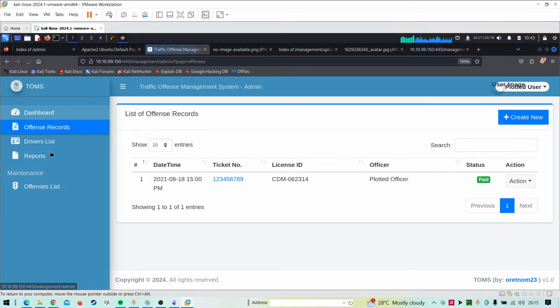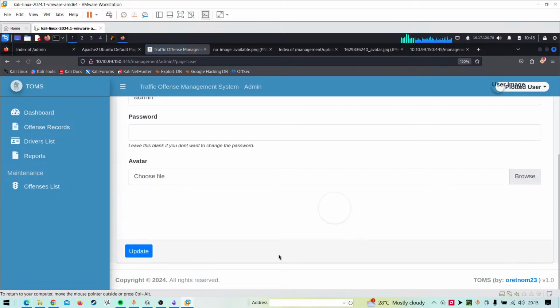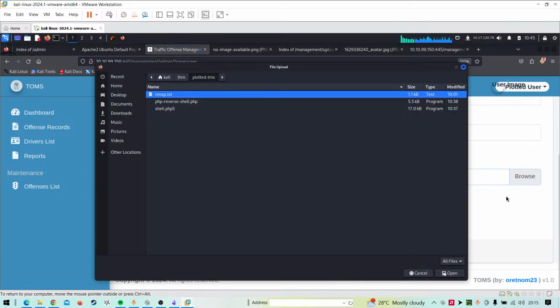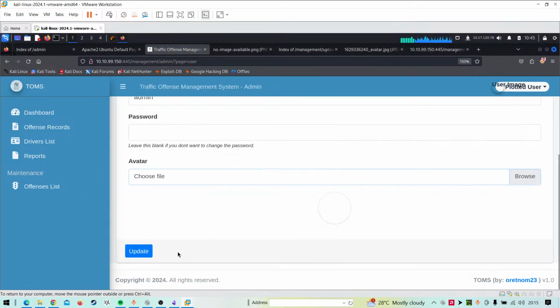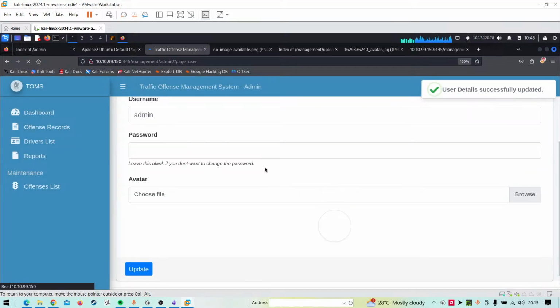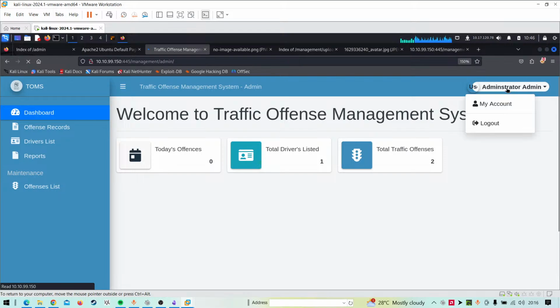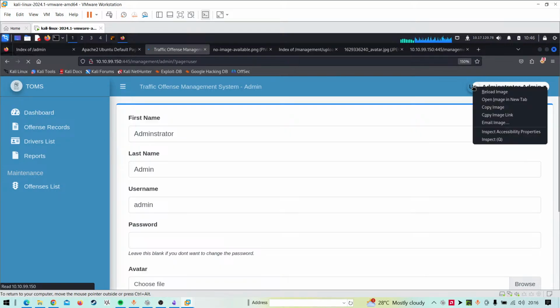Maybe you can just try it on dashboard, or maybe my account, and let's go to avatar and PSP. Just update it and it's saying the user is updated, and go to profile and still reload image, or that will just trigger it, or maybe I can just click it.